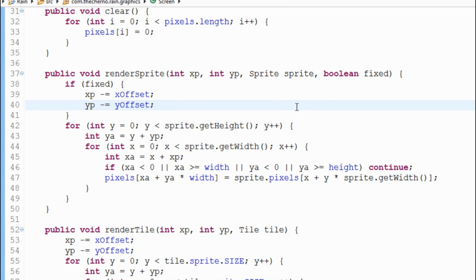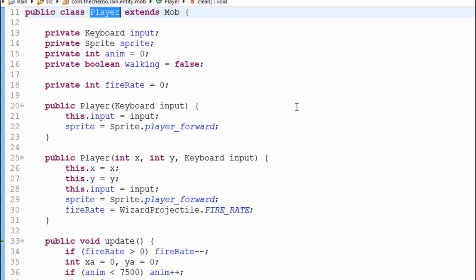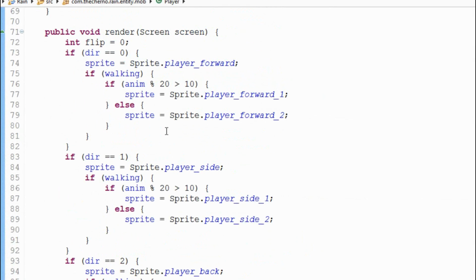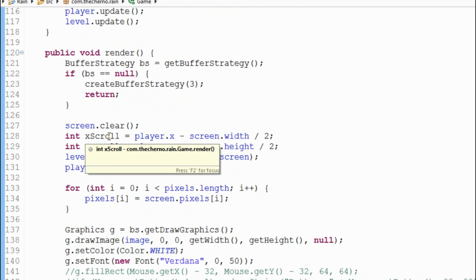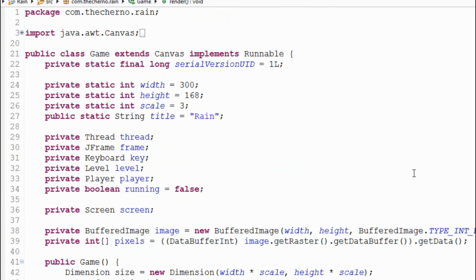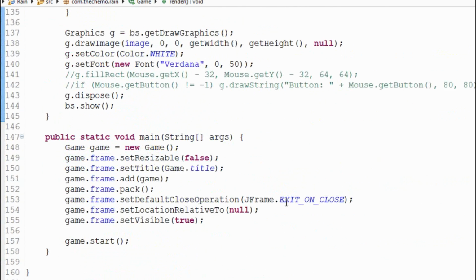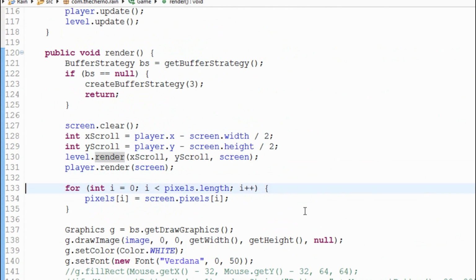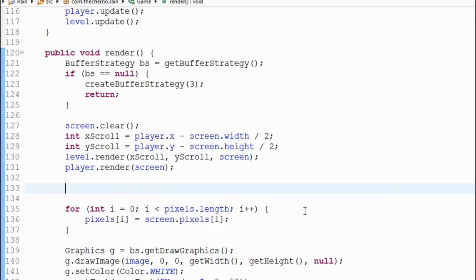So over here where we render our player, and again, this can be done anywhere, but just because render player conveniently has, in fact, let's not do it here, since we can do it anywhere. Let's just do it in our main class, and I believe this has access to render, does it? Or screen? Yeah, it does. Okay, cool. So after we render everything, just before we actually set the pixels equal to what they need to be, let's call screen.render sprite. And I believe let's do it at 0, 0, and